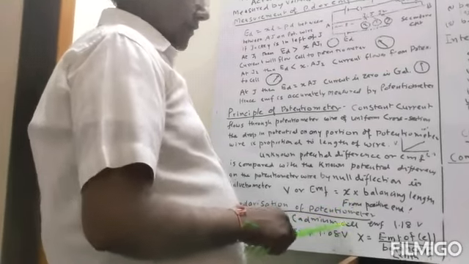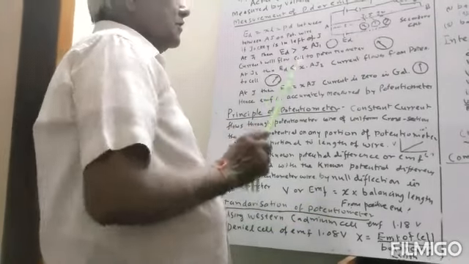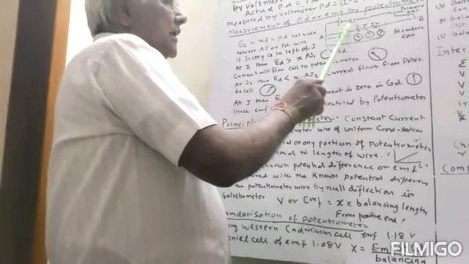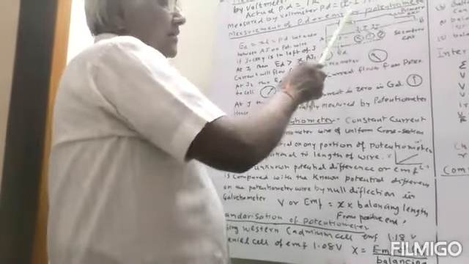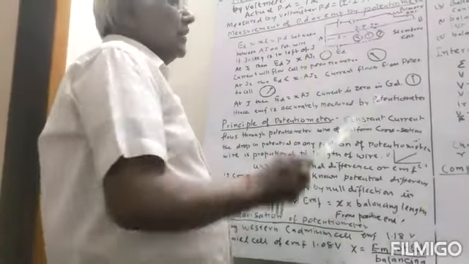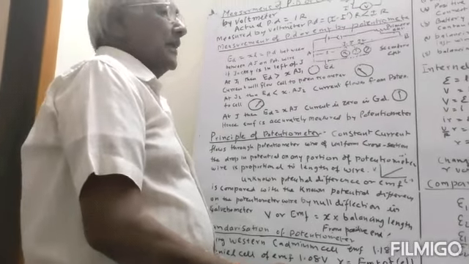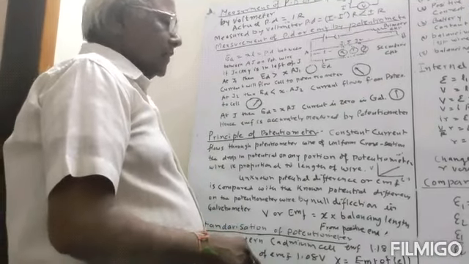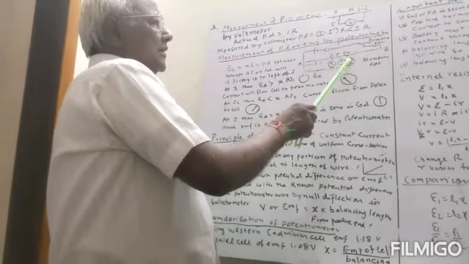Earlier I found the potential gradient with the help of the EMF of the battery, internal resistance, RH, the resistance of the rheostat, and the resistance of the wire. So there are many factors, and we have to find all of them, and that is very difficult, and the value of x cannot be found exactly. But using the Daniell cell we can find the value of x exactly by simply finding only the balancing length.